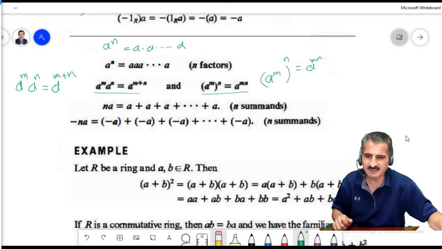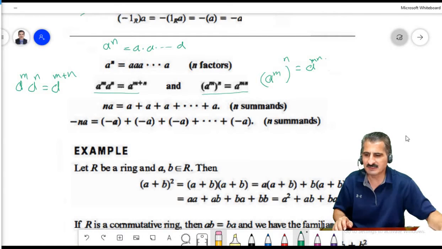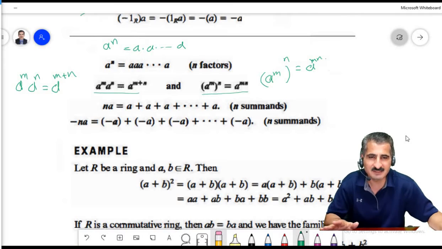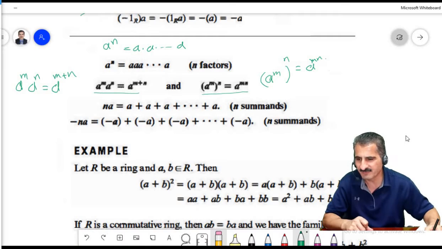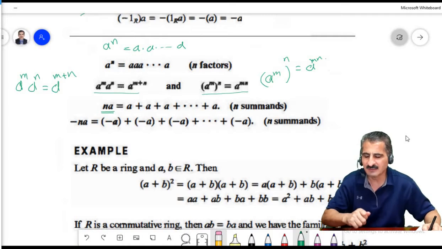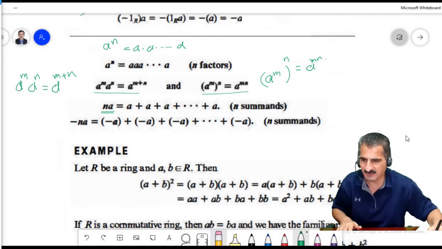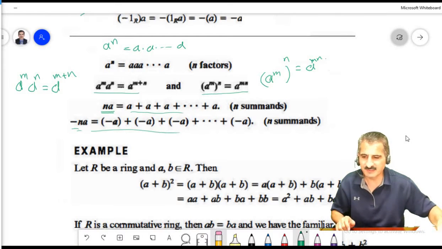Now you may ask, why are we doing this again? We know that since school. This is to emphasize that we will have the same things that you used to, but this time with general rings, not only numbers. But we have to emphasize it. Now when we say n times A, that means it's addition, and minus n times A, it's addition. So there are examples below here,